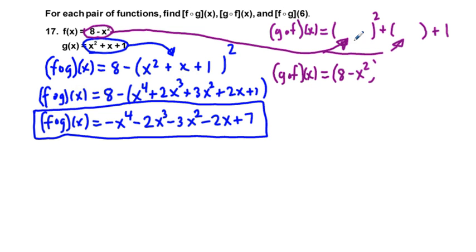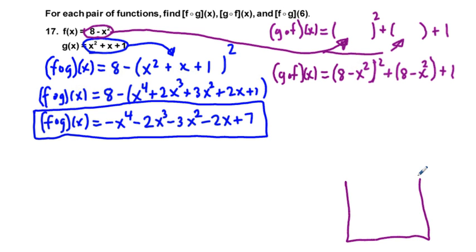plus we put, make sure it's legible enough, squared, plus we have 8 minus x squared here, plus 1. And working all this squared business, I'm going to leave myself a little room below to the right to work out this 8 minus x squared squared. So we have 8 minus x squared,